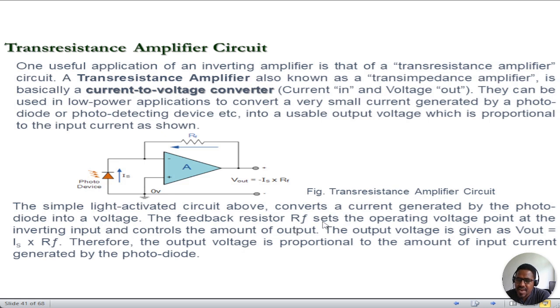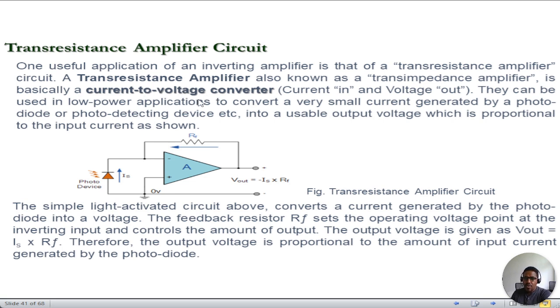The feedback resistor Rf sets the operating voltage point at the inverting input and controls the amount of output. The output voltage is given as V out equals I source multiplied by Rf. Therefore, the output voltage is proportional to the amount of input current generated by the photodiode. So this is an application of